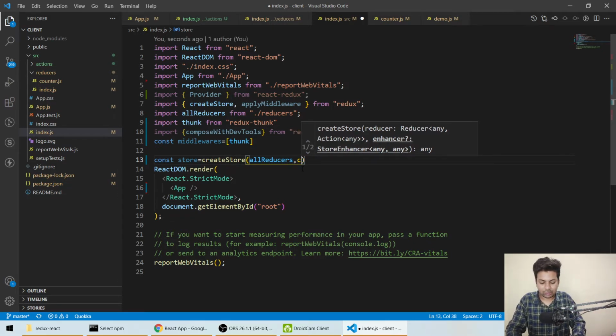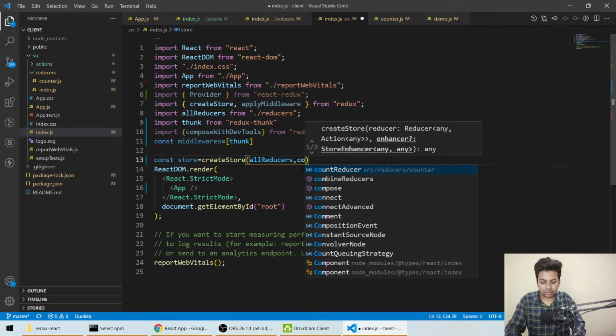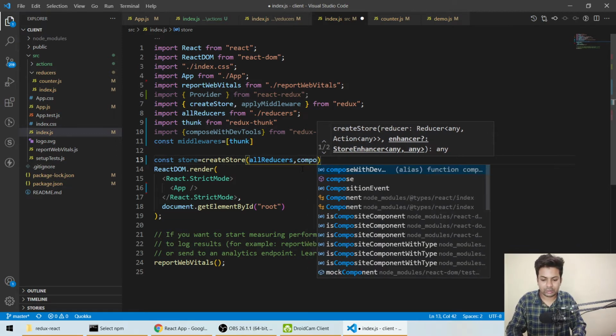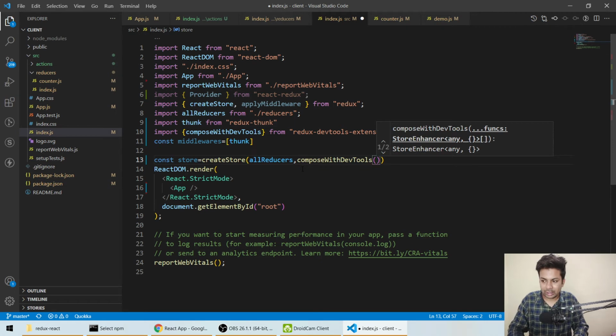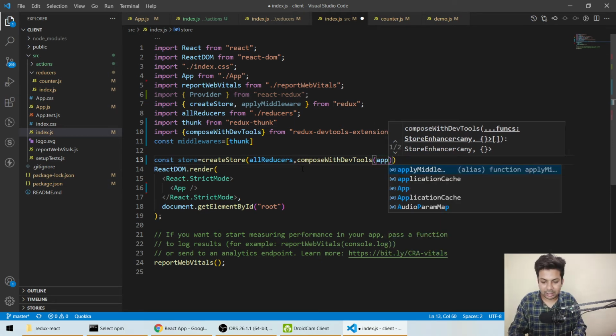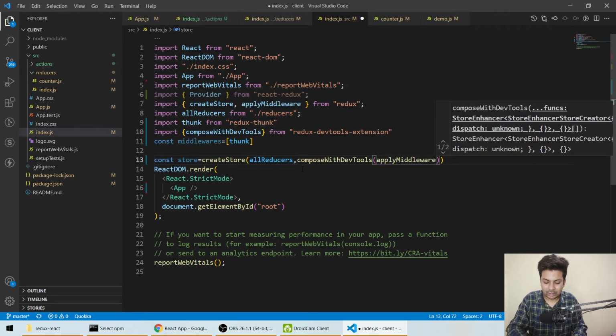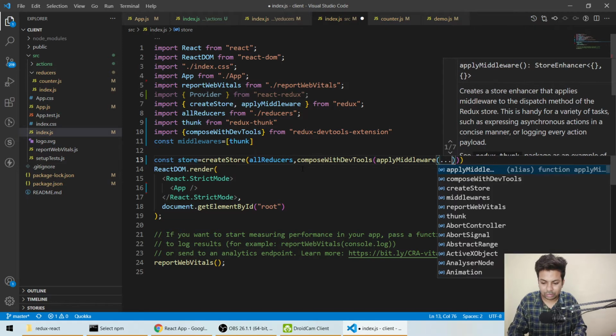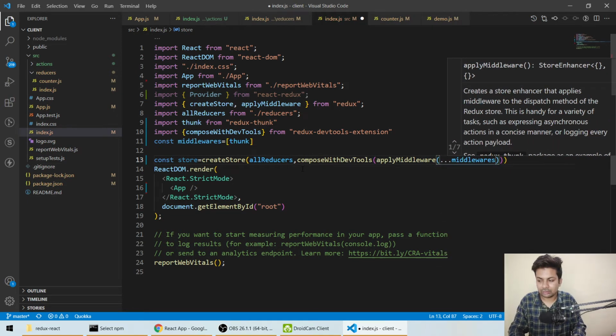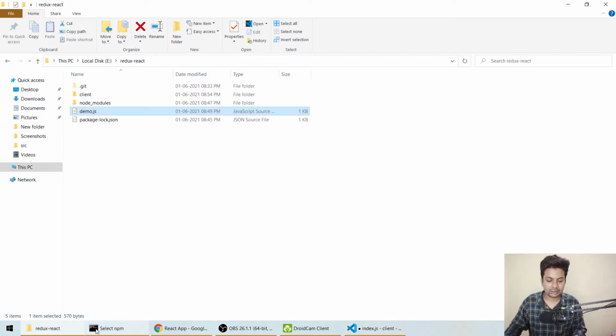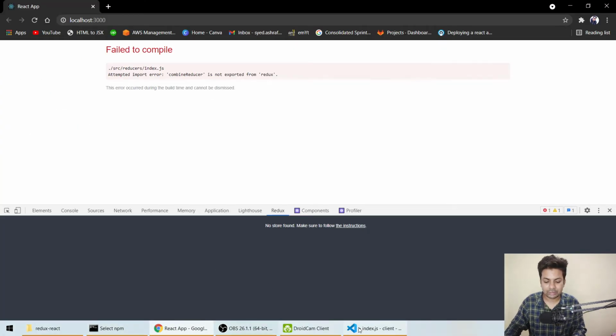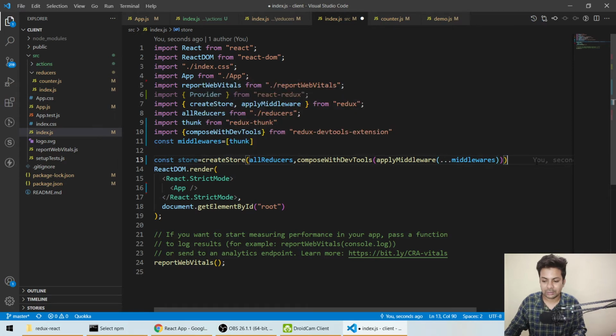And we'll say composeWithDevTools, and here applyMiddleware, and here ...middleware. Okay, so this is the way we are using the middleware I showed you for Redux, to check how values are changing.